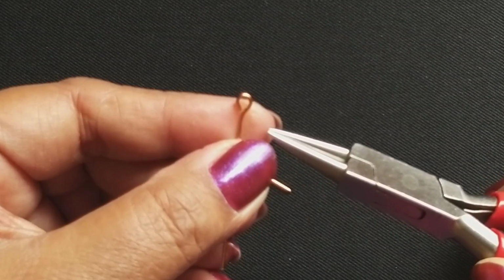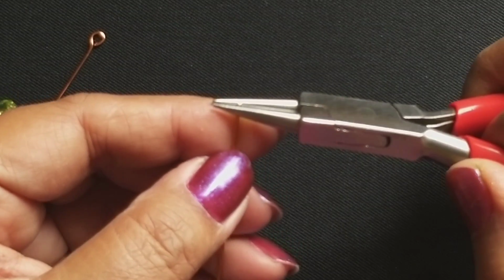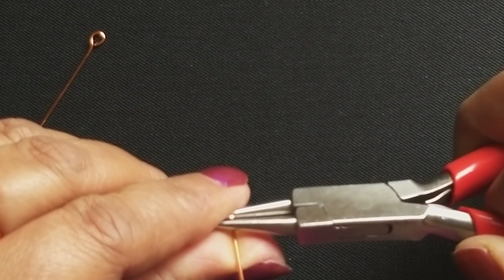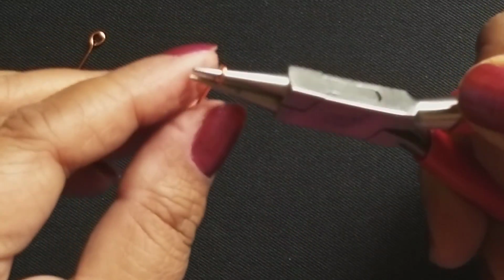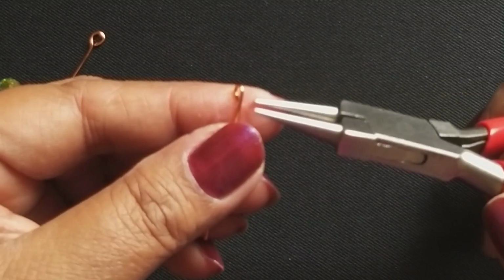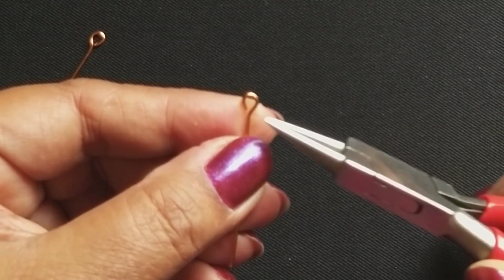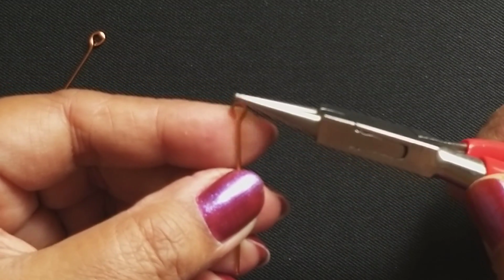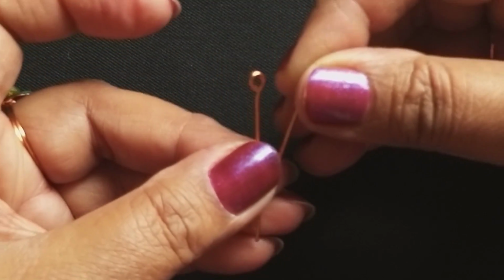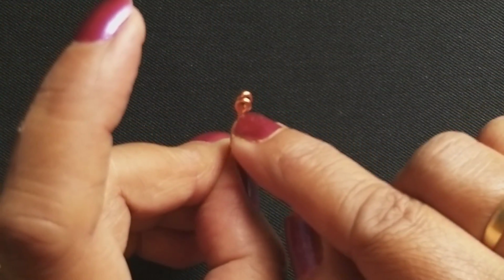See. Okay. So I'm going to do this with both the wires, holding them at the same point and bend it on the round nose plier like this. Here we have the loop, and now bend it backwards. So we get a loop that is in the center of this wire. Okay. Once this is done, hold the two ear wires together like this, or the open edges on the same side